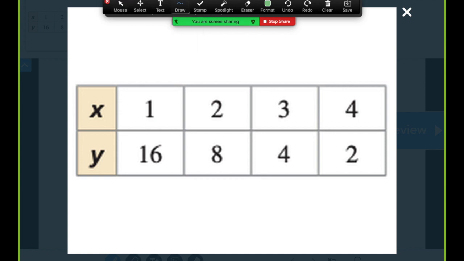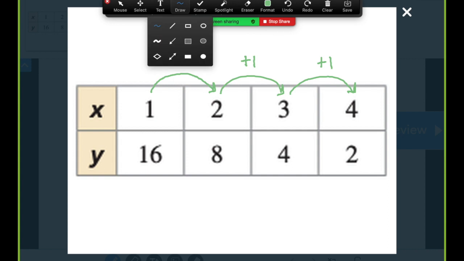Okay? So if I move from 1 to 2, I know that I am adding by 1. If I'm moving from 2 to 3, over here I am adding by 1. And if I'm moving from 3 to 4, I'm still adding by 1. If I were to look at the bottom,